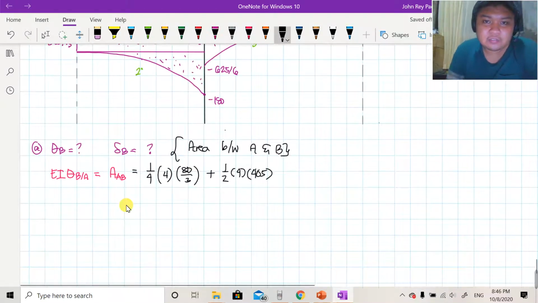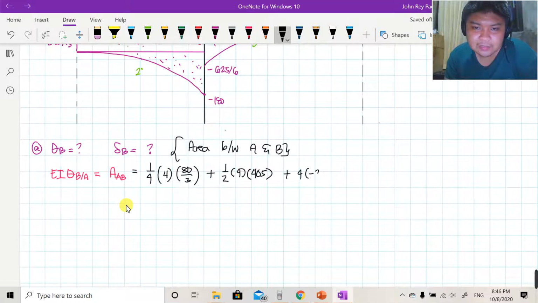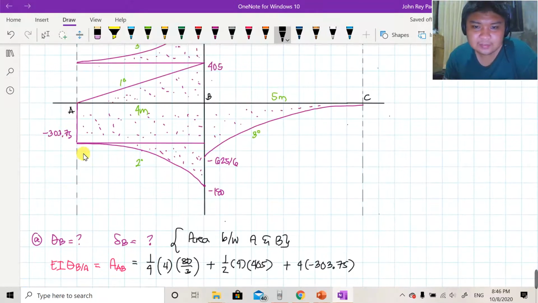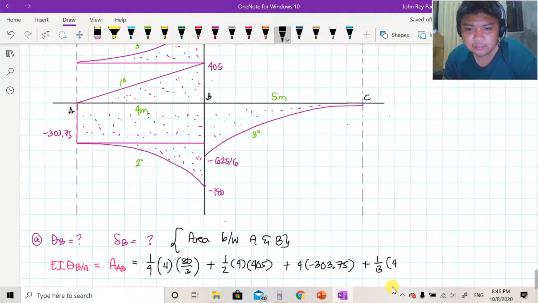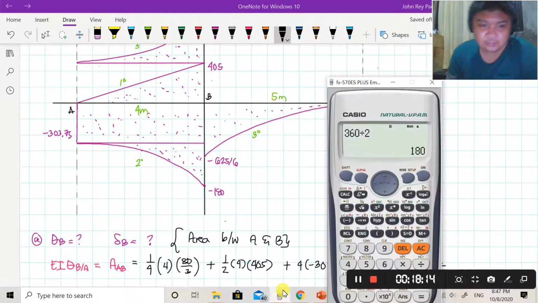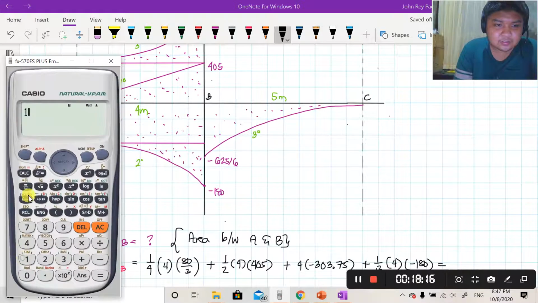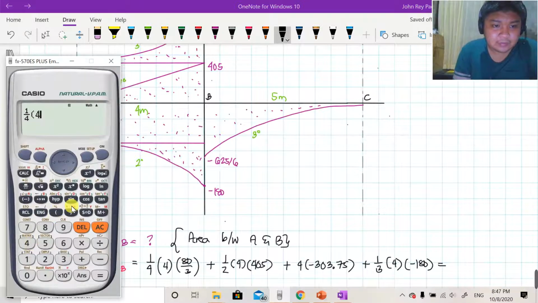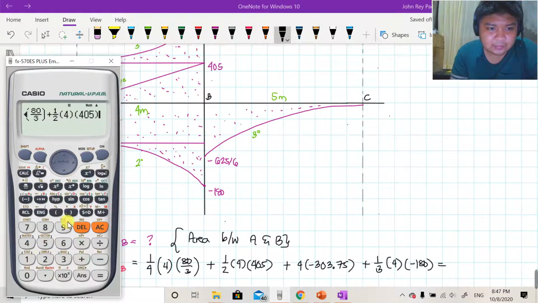Then next tayo for the rectangular, which is the moment. So, 4 times negative 303.75. So, ito siya. And lastly, for the spandrel of the parabola, that will be 1/3 ng 4 ulit, tapos negative 180. Okay, so I hope that is clear. So, computein na natin siya class ngayon dito. So, that will be 1/4 ng 4, tapos 80 over 3, then plus 1/2 ng 4 times 405 plus 4